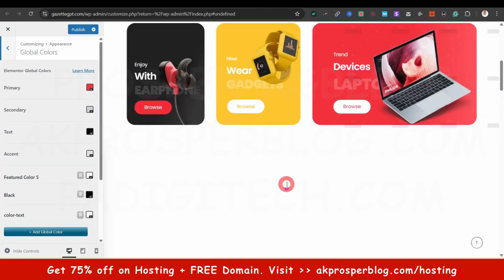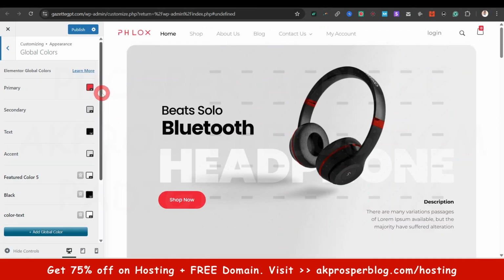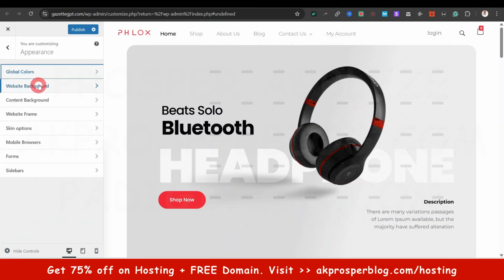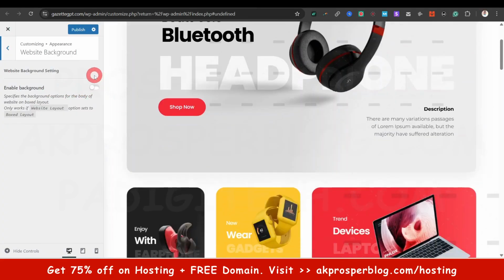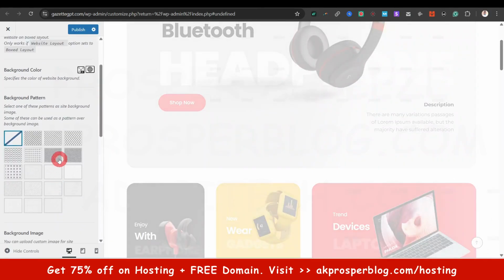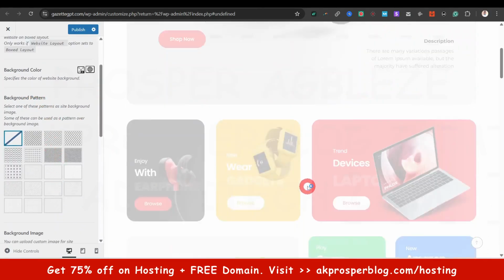So what it does is that it saves you the stress or the time of editing the color manually, and makes sure that the color code is consistent. So that's one of the advantages of these global colors. For website background, we currently didn't use any background image, so it's disabled. Basically, if you enable it, it will allow you to have an image in the background